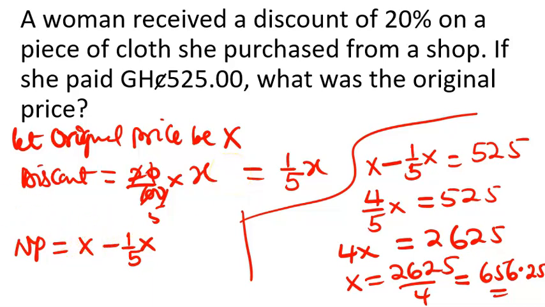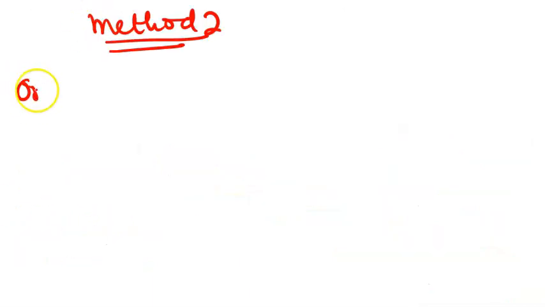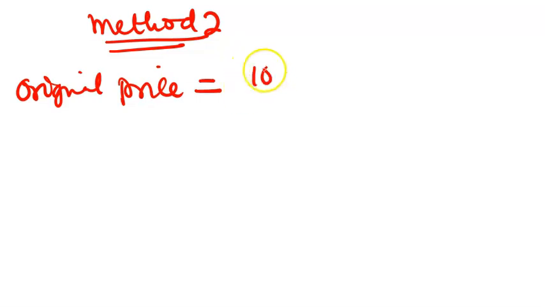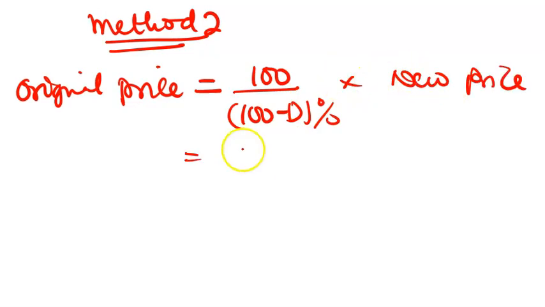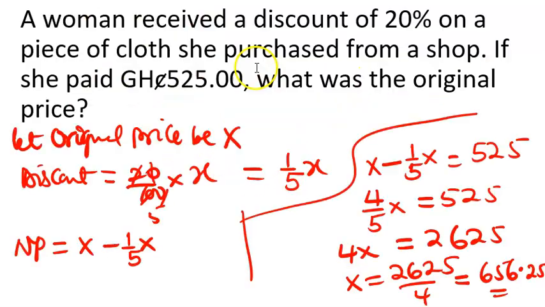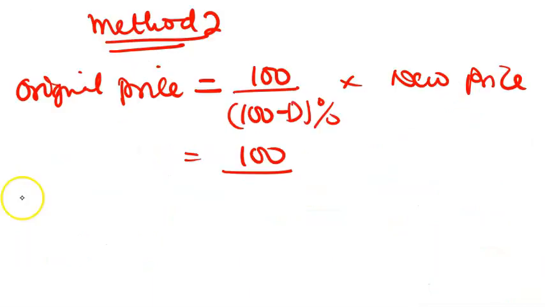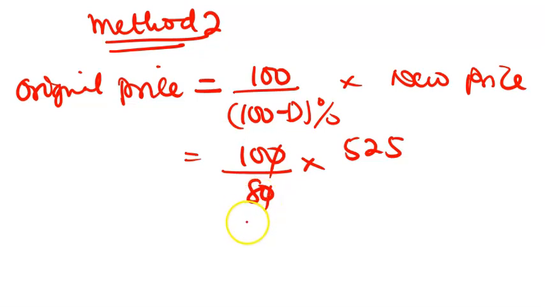Now let me show you method 2: the original price is equal to 100 over (100 minus D percent) times the new price. So 100 over, the discount was 20%, so 100 minus 20 is equal to 80, times the new price, which is 525. So this 0 will cancel 0. When we simplify, we are getting